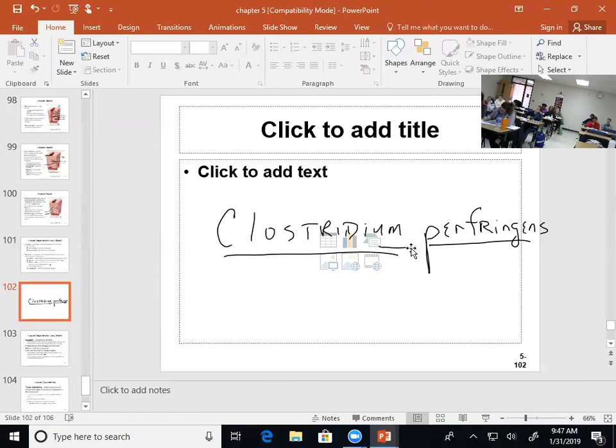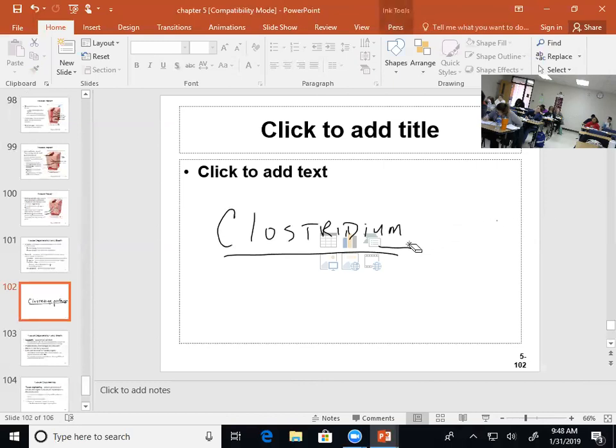So sepsis is actively growing microorganisms in the bloodstream. Some of them have higher mortality rates than others, but none of them are good news, because with the best medical care, there's still going to be a high mortality rate. With no medical care, it's almost 100%, if it is truly sepsis. Okay, so guys,